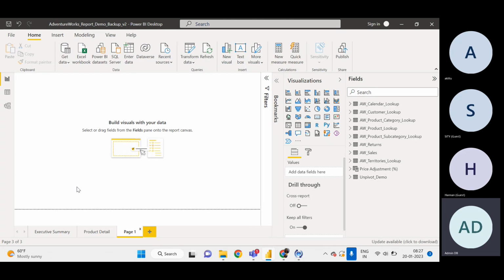Using bookmarks you can do a number of other things. Now if you want to ask the difference between bookmarks and page navigation,